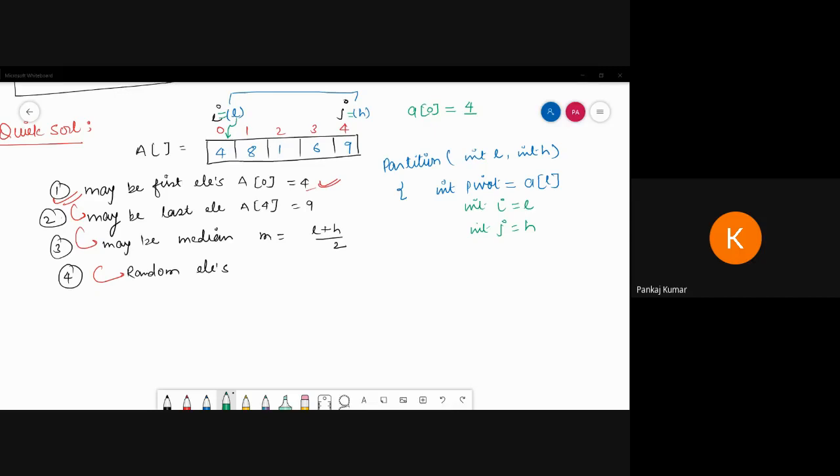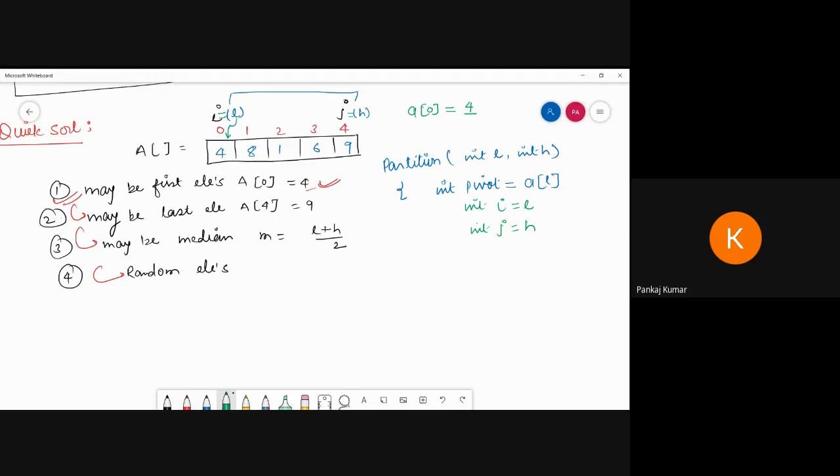Okay, so you can pass in the partition algorithm int array also, int L, so that's why. Okay, now after that we have to move the I and J value. So our target...